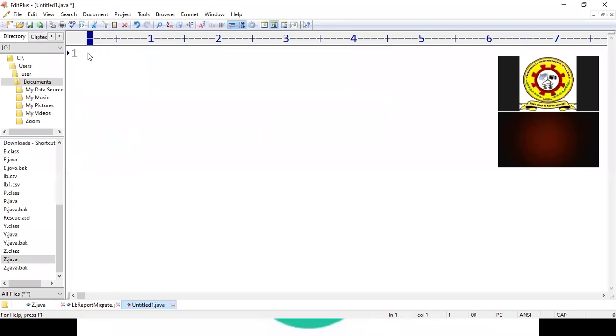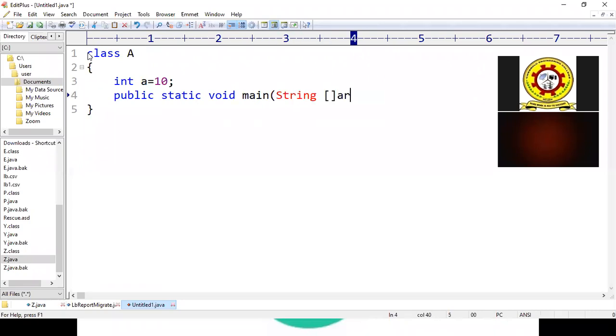Here, I am going to define a class whose name is A, and inside the class A, I have a variable int a equal to 10, right? And then I'm going to define public static void main string args,